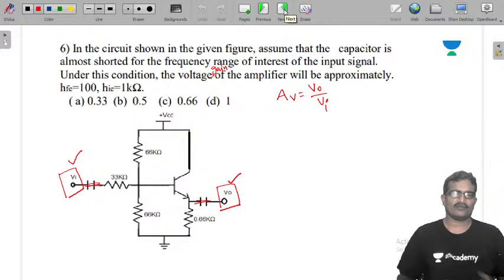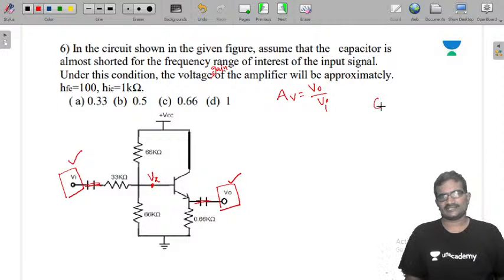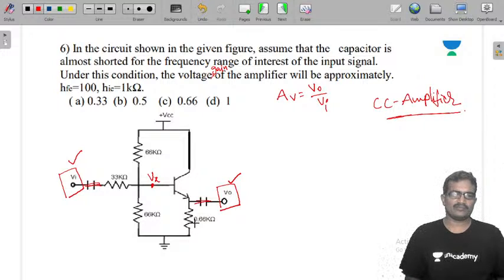Next, now we need this V0 by Vi. Okay, now first I am taking a voltage here, Vx. This is a CC amplifier, you observed or not, because input is at base, output is at emitter, and collector is connected to supply, so it is a CC amplifier. The load is 0.66k. We go for approximate. So its voltage gain is